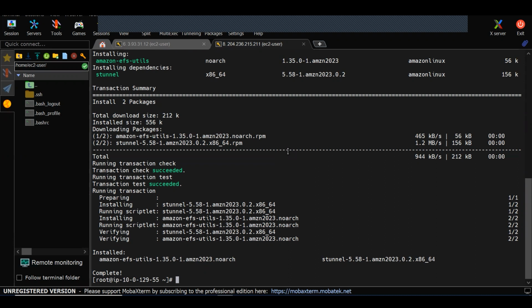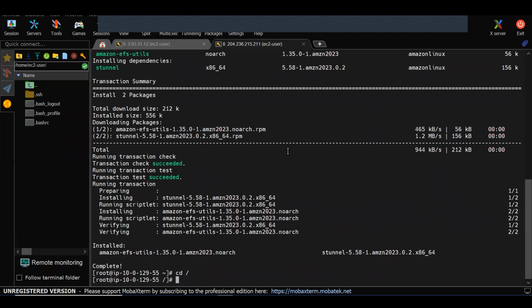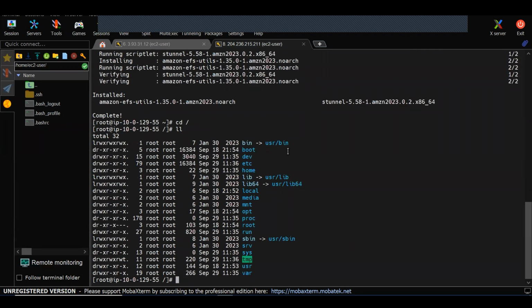What I will do now is go to the root path, as I did earlier in the other server. Which folder should I create here? Like slash data or slash EFS, shall I create? For mkdir, the folder name we can keep as anything. That is not an issue. Like with two servers, you shouldn't think the same folder name needs to be kept. If you created one mount point folder name in the other server, you can keep a different folder in this server. That is no issue. Okay, mkdir slash EFS I will create.